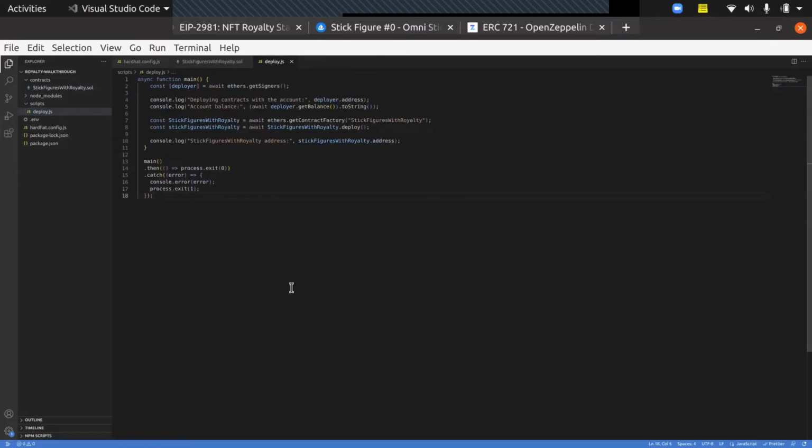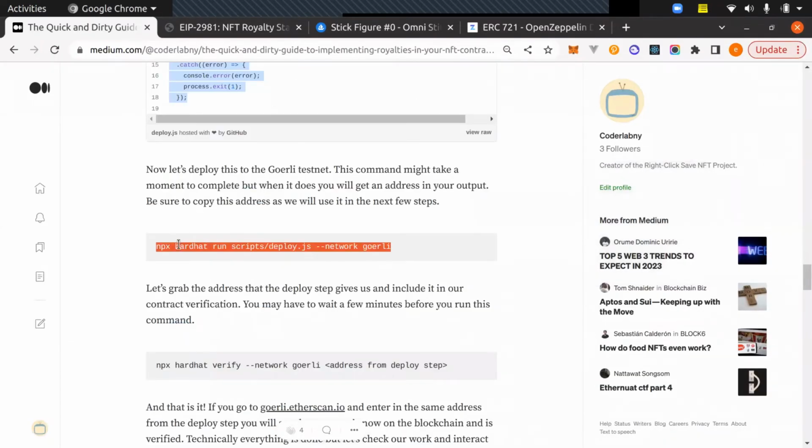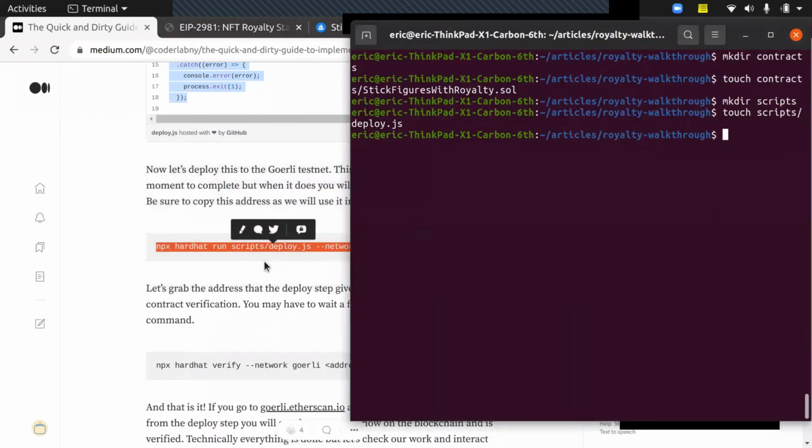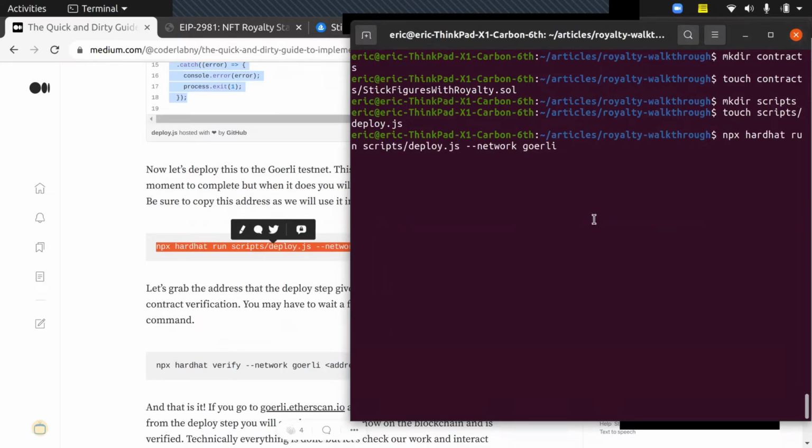All right, so this is mainly from the Hardhat documentation, but you can see here we have our stick figure contract, and it's just going to deploy it and it's going to log out our account balance, where it's deployed, and the address and everything else. So let's go back to the tutorial. Let's copy our command. Now this is essentially telling Hardhat to deploy our project on the Goerli network. This is very important,